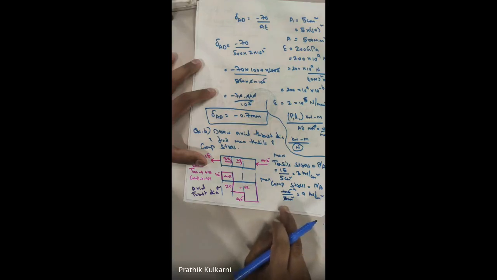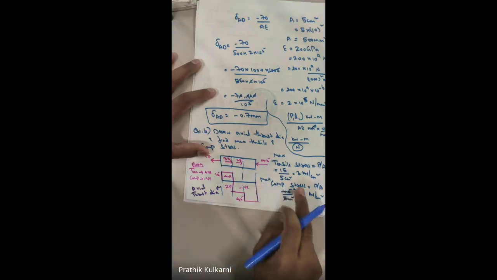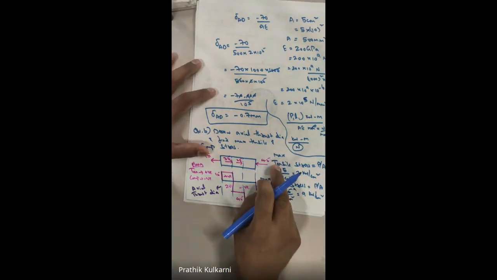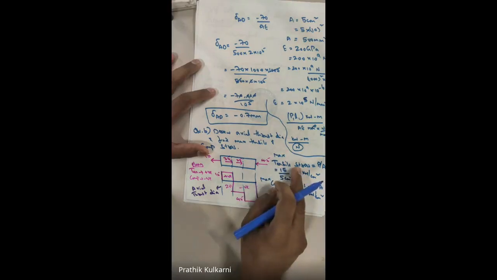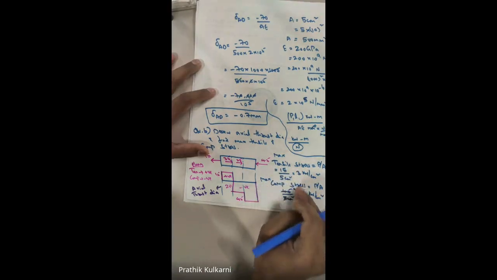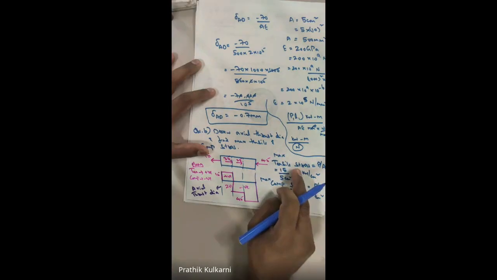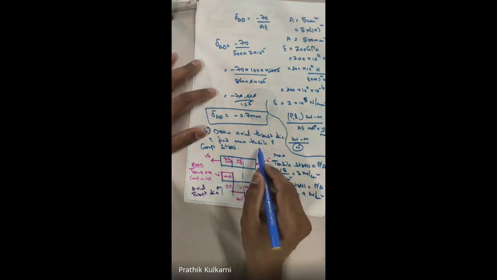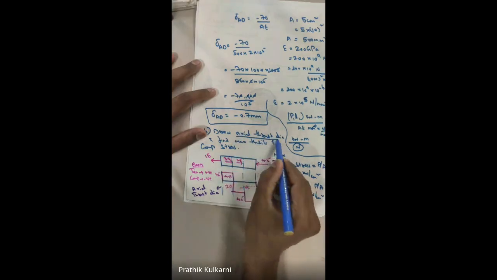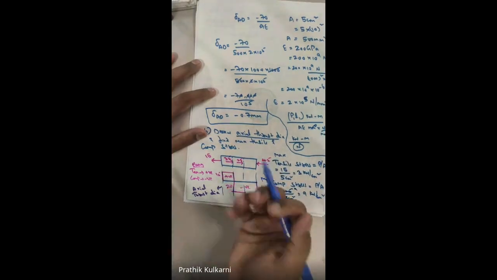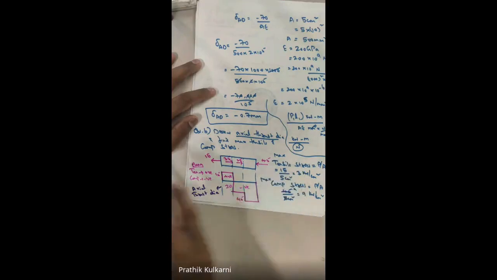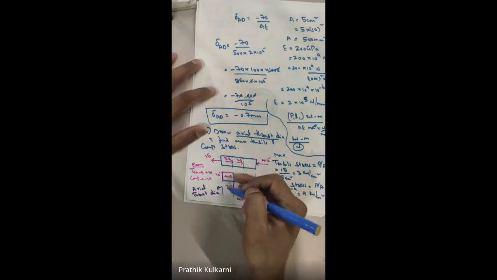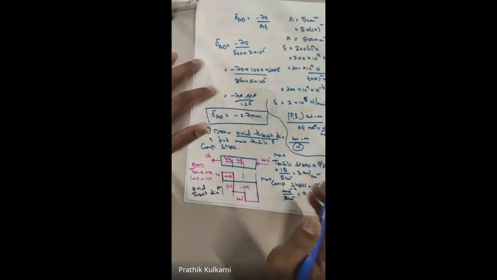So this is my maximum compressive stress. This is my maximum tensile stress. See how small the problem is. But whenever students see the problem and the axial thrust, most of them leave the question there only. Fine. Whenever they see the axial thrust, they say they don't know, so they don't do this problem and leave it. But the problem is very small.